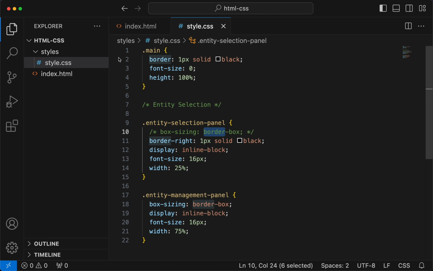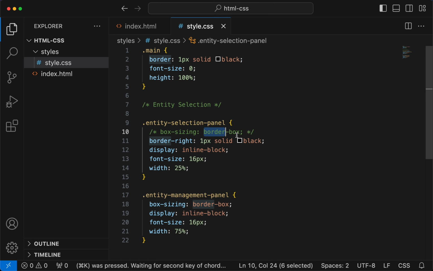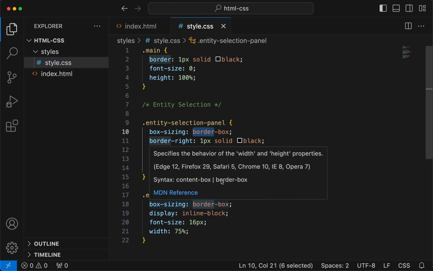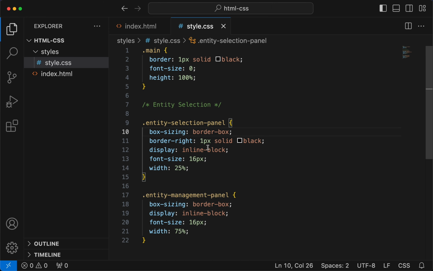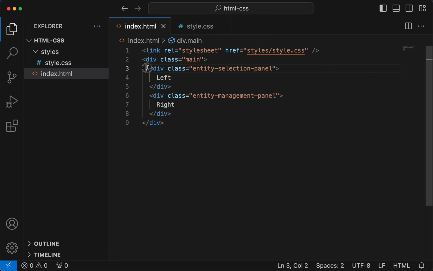Let's try to disable this. Let's see if that works. No, it doesn't work, right? So you need the border box. Now I'll tell you what happened. For some reason, when you have inline blocks, you have like two inline blocks. This is a div and this is a div. So what the browser does is when you have two inline blocks,